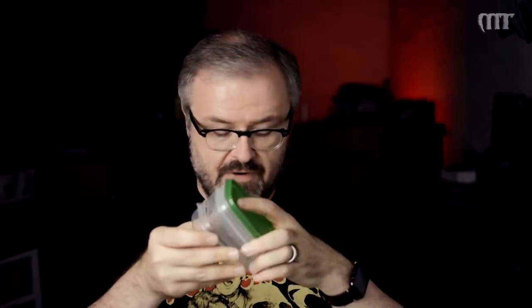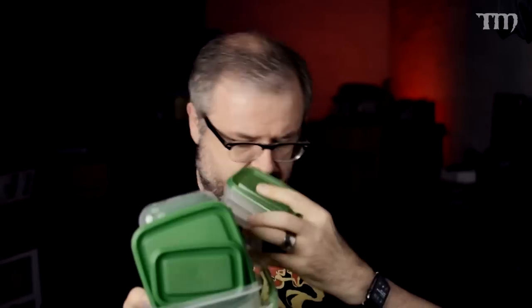One of the last things that is, well, frankly, literally a catch-all is plastic containers. Tupperware, that name gets thrown around a lot in America, but in other countries, I'm sure you guys have got your own terms for it. These are actually from IKEA. This is like a whole package of different sizes. I've started using some of them already for different things. Sometimes it's just, I'm going to keep some parts in here. Sometimes it's just, I'm going to keep a Blood Bowl team in here. They're not painted yet, so I'm not worried about scraping them up, but I want to know where they all are. So I'll put them into something like this,